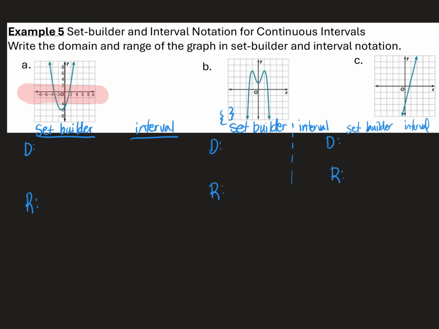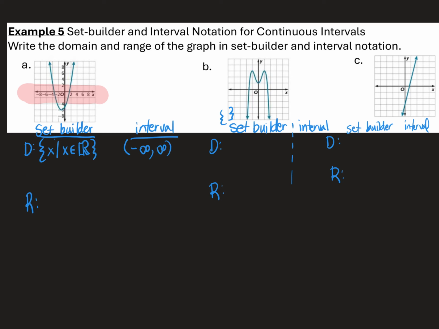So that domain in set builder notation is x, such that x is an element of, that's what that crazy E looking symbol means, the set of real numbers. It's kind of like a block R, sort of. X, such that x is an element of the set of real numbers, or in interval notation from negative infinity